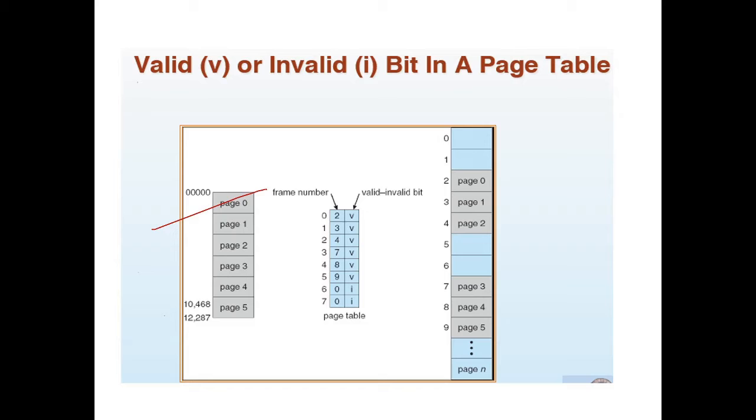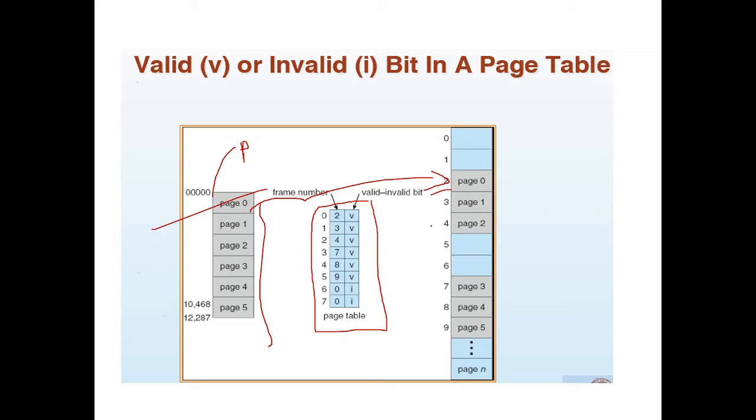You can see in this diagram, in these partitions the pages are stored, and these pages have to be brought to the main memory for execution. In which frames these pages are stored, this information we get from the page table. There are 6 pages in the secondary memory. These 6 pages are all related to one process that has come for execution, and some of the pages are already placed in frames. Which pages are placed in which frame, we get from the page table.